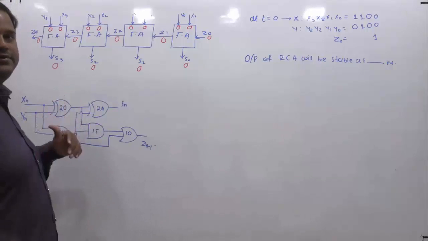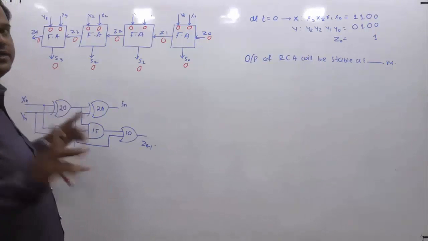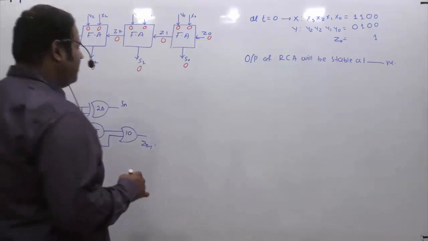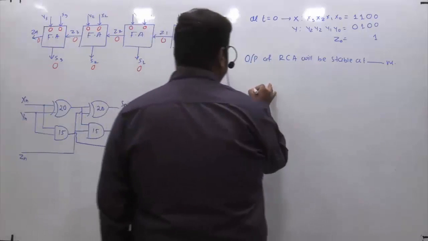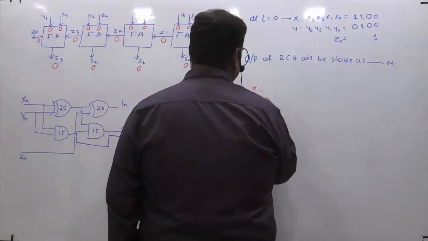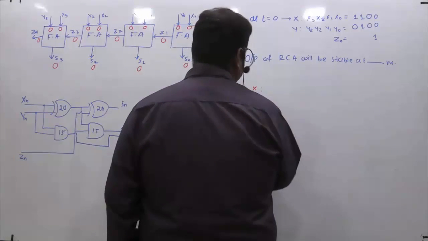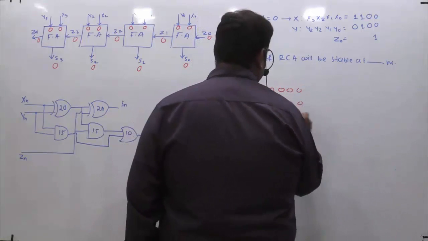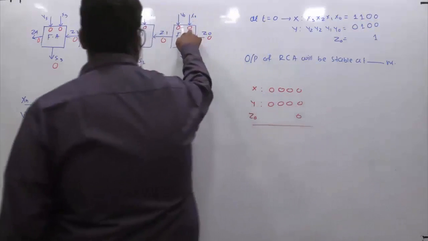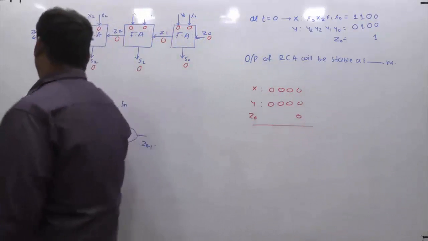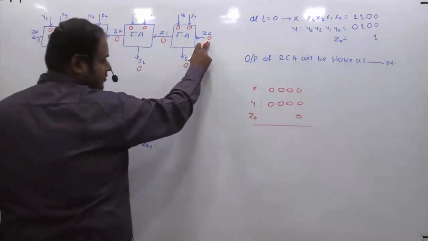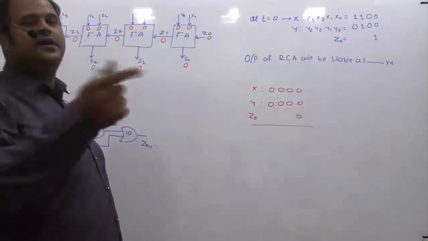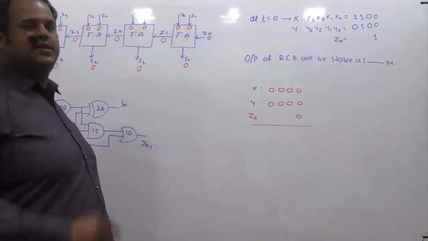They have given one important statement. Initially, all inputs are reset to 0. You see the statement which is given in the question. So the intention of this particular adder is to add 2 numbers, your X, Y, and the initial carry is Z0. So initially, all inputs are reset to 0. So that's the reason why every input I have written is 0. Every input is set to 0. So they have given reset to 0, it means that every input is 0 initially. That's what it means.